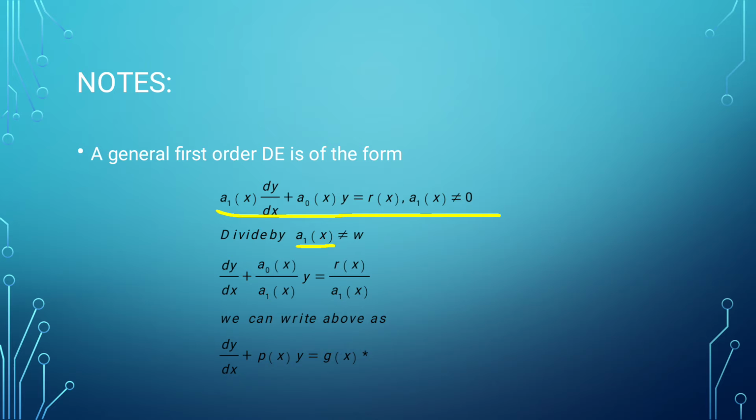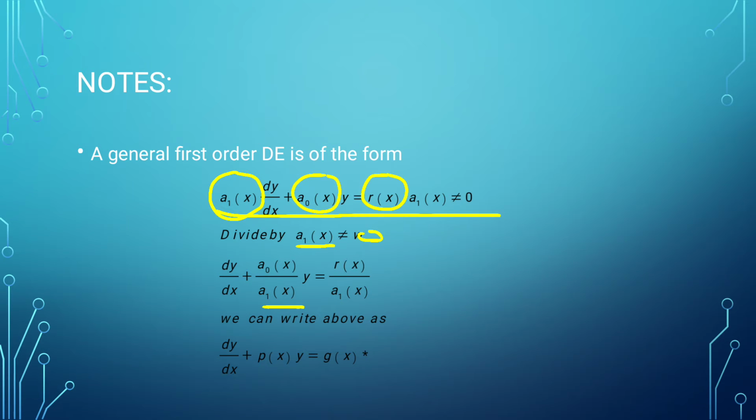the coefficient of dy/dx is not 0. It is not 0, because if it is 0, then when we do this division here, we will find that it will not give us a defined answer. So where the coefficient of dy/dx is not 0, so that's a1(x),